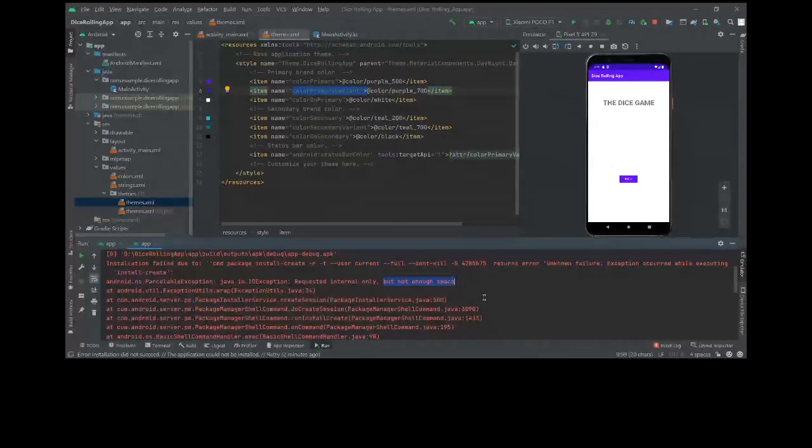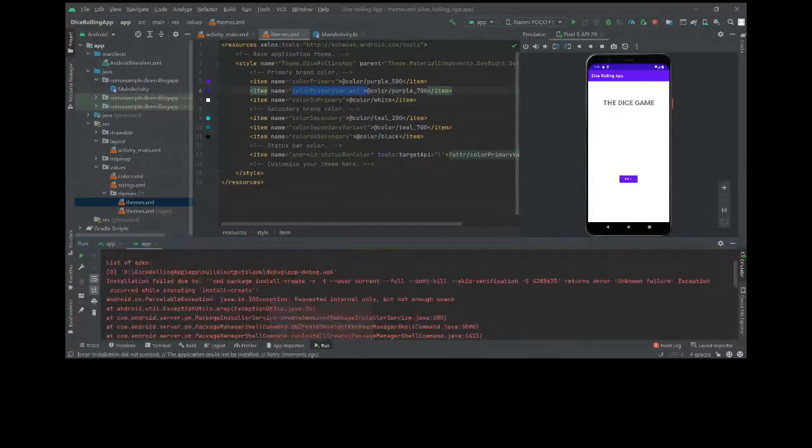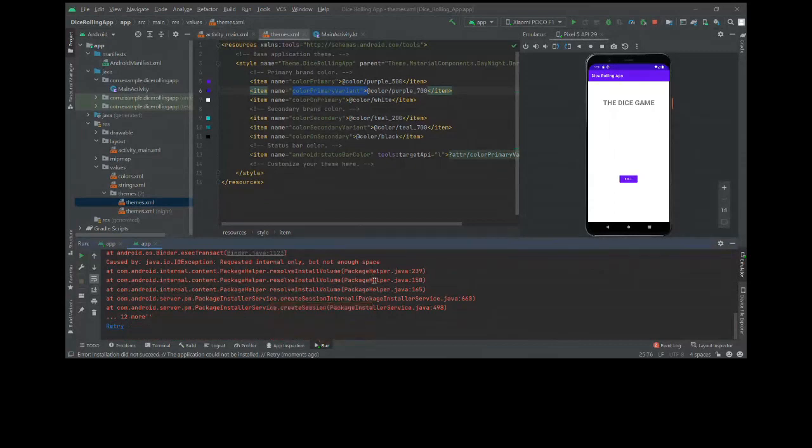I will have to delete something. Still the same issue. Not enough space.